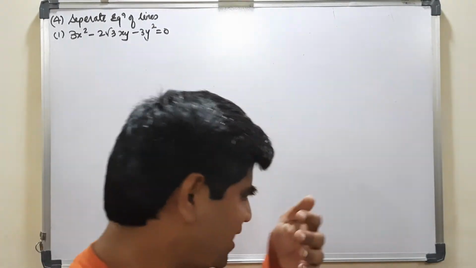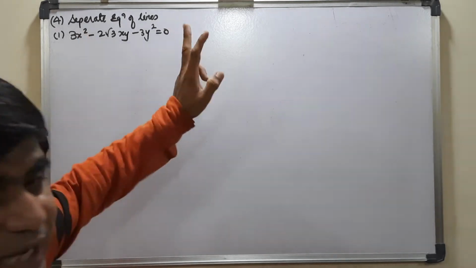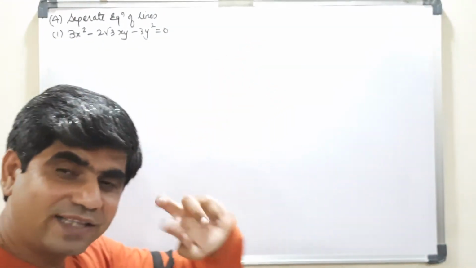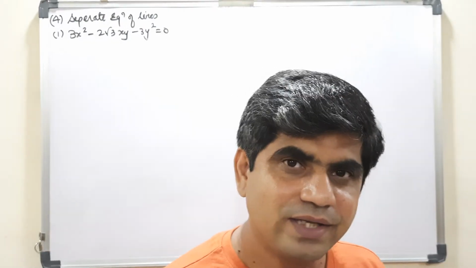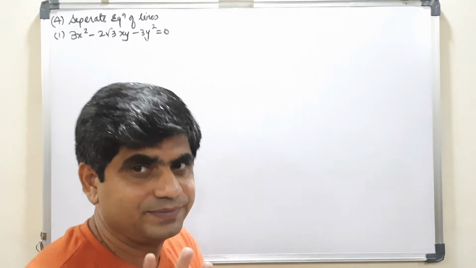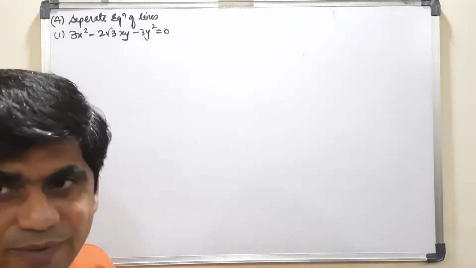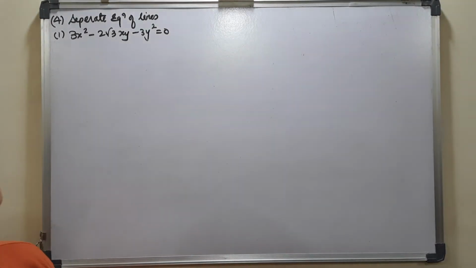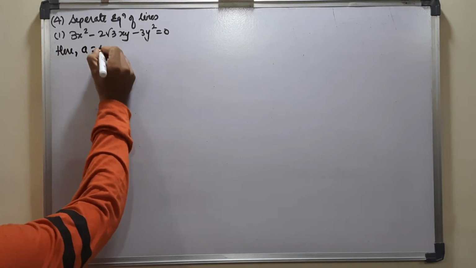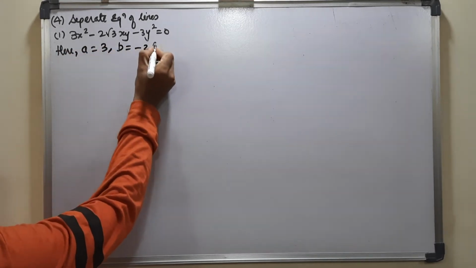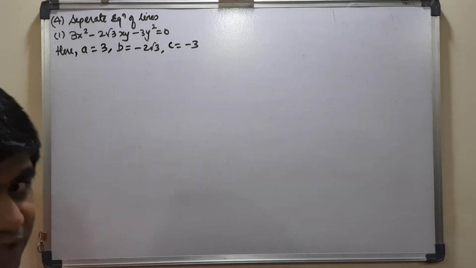When I factorize 9, one factor will always have root 3 and the other factor also will have root 3. So root 3 into root 3 is going to become 3. That means I just have to factorize 3. Getting what I said? And if you find it very difficult, then our general method, which is very simple, is that here your a is equal to 3, b is equal to minus 2 root 3 and c is equal to minus 3. That is using the formula.